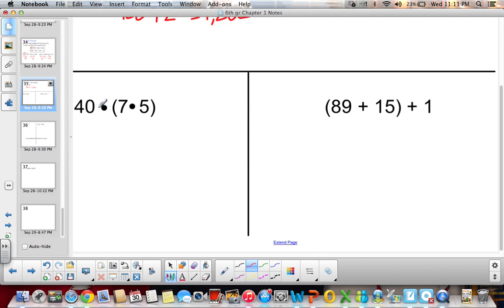Okay, if we have 40 times 7 times 5, okay, well, we know that if we multiplied everything in the parentheses, it would be 40 times 35, which is a little bit trickier for us to do. So what we can do is we can distribute it out. So we could instead write 40 times 7, which we're able to do in our head, plus 40 times 5,